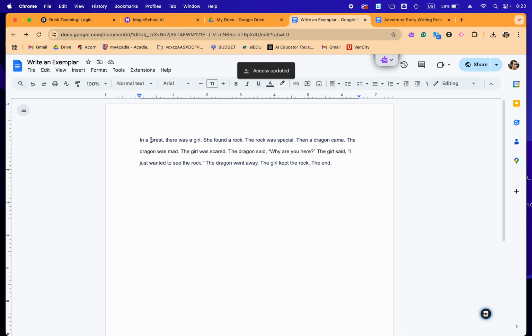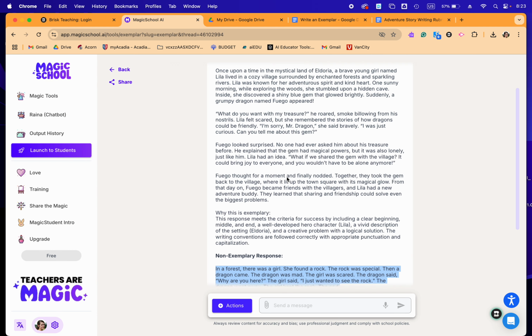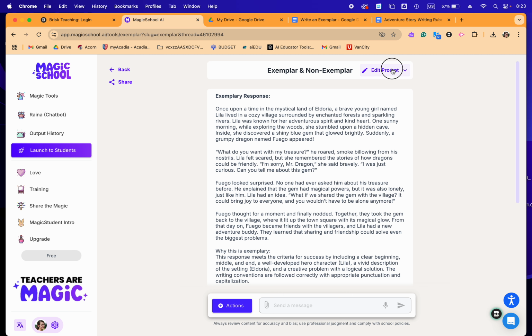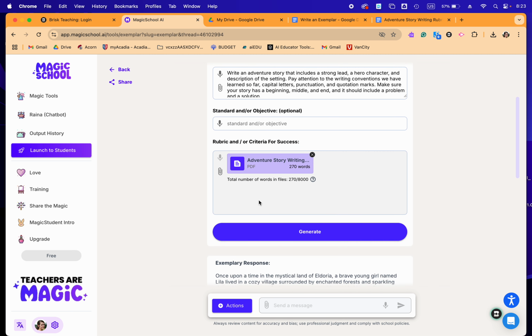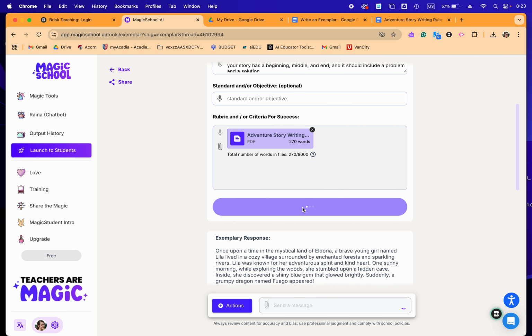So rather than in a forest, they could write in a deep dark forest. So we can use these as a jumping off point for a student assignment. Now if I were to go back and edit this and generate again,